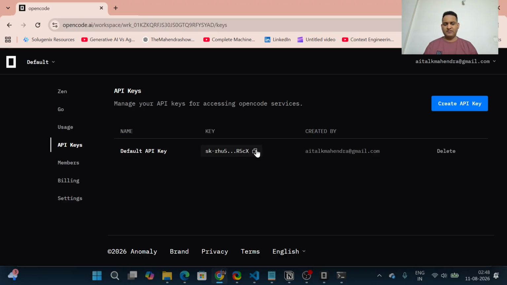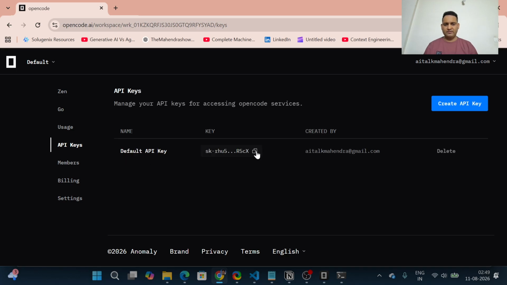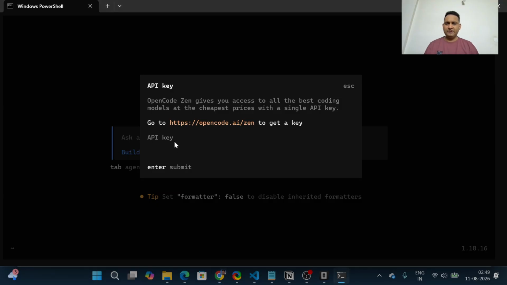I'll be using this one because it's not yet finished, it's still there. You can create a new one as well. At a time you can use only one free of cost. So if I create a new one, it will be replaced. So I'll be using this one only. I've copied this and I'll paste the API key here. Once I hit enter,